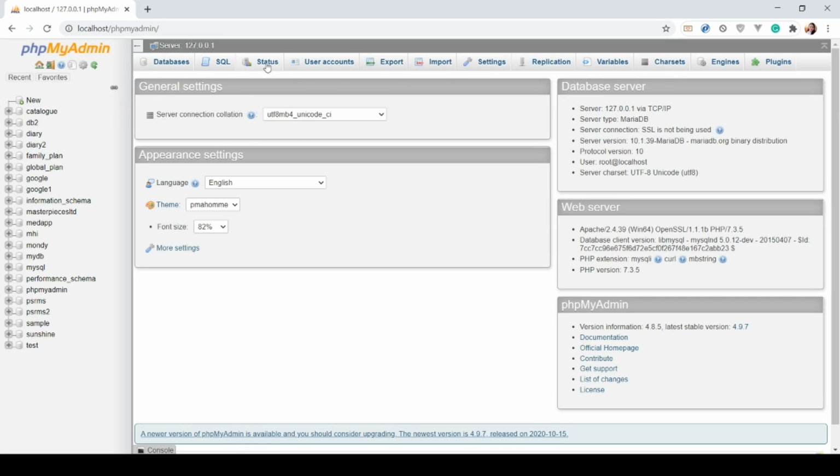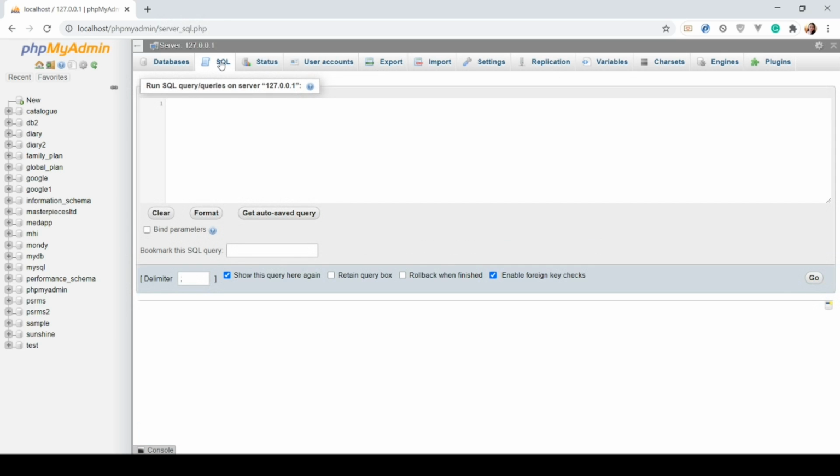In this section, you will need to be familiarized with each of these functions. Like for this one, the SQL, this is where you are going to code your SQL commands.